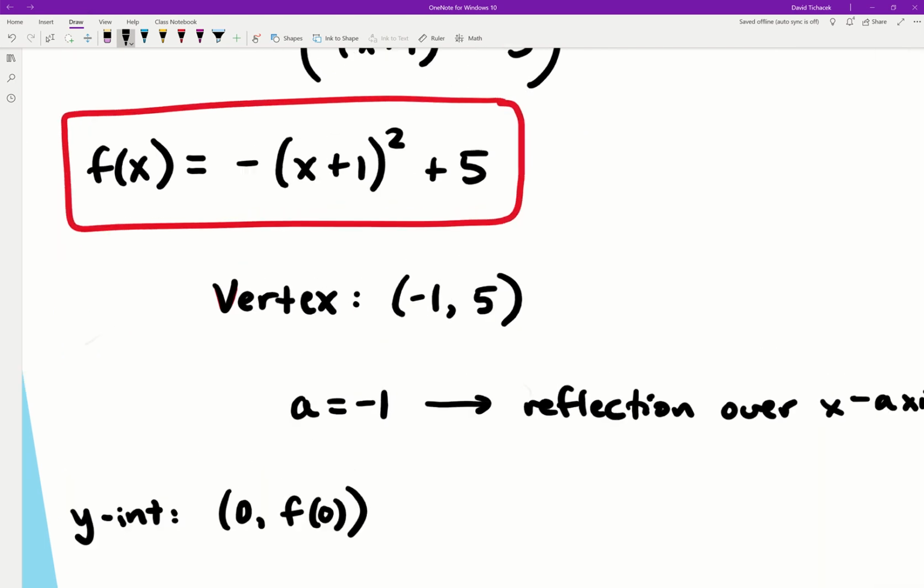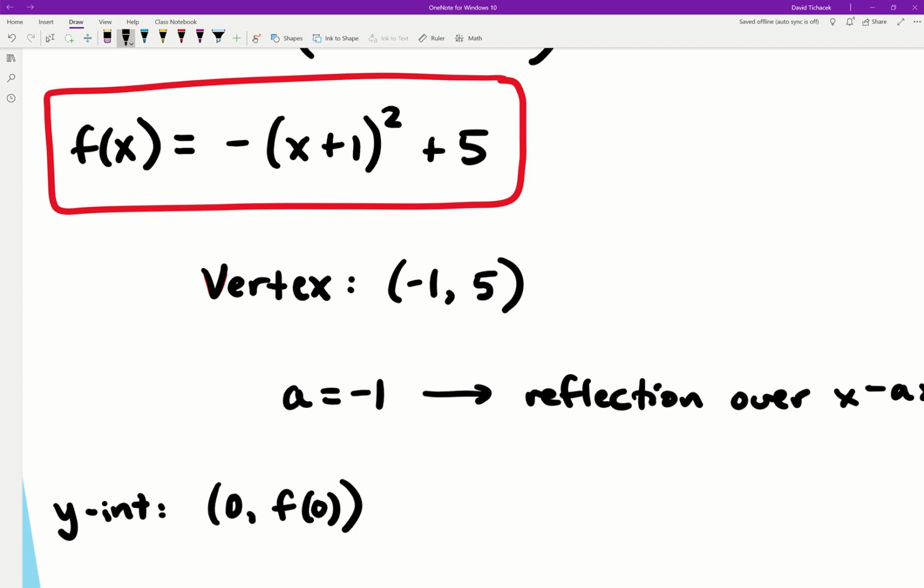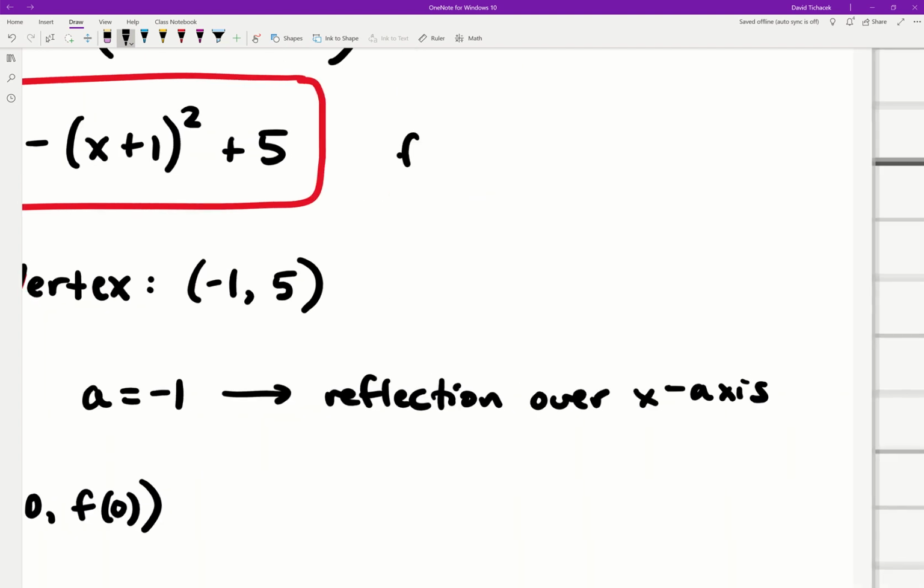And maybe even a little bit of an easier way to figure out what f of 0 is to actually plug it into your standard or your vertex form up here, okay? Because that would only require that we plug in 0 in one place as opposed to many here. So if we go ahead and do that, using a little bit of mental math, we might